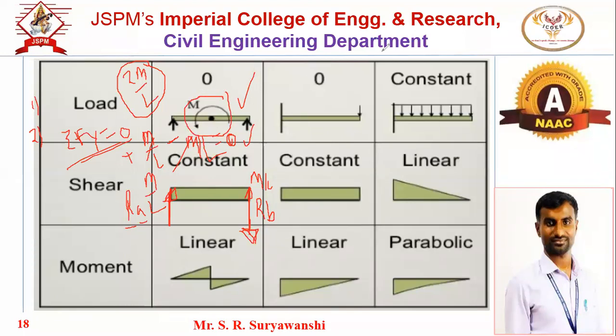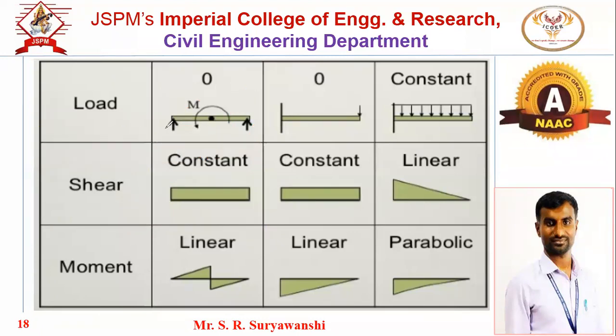So that's why reactions in case of a simply supported beam subjected to a concentrated moment at center will be opposite in nature. How will it be opposite? This will be upward and this will be downward. Then the moment diagram will again be positive and negative triangles. This will be M by 2, this will be M by 2.